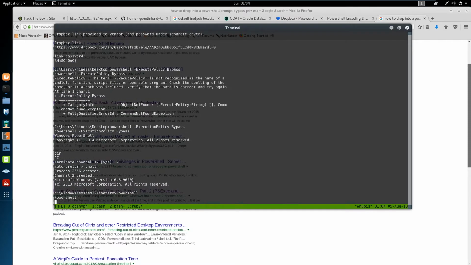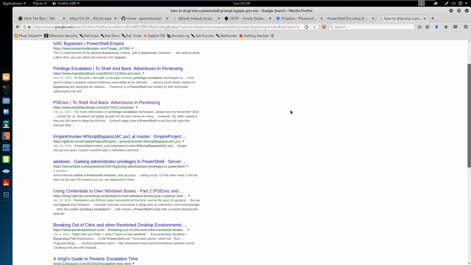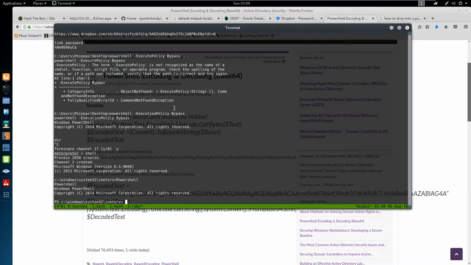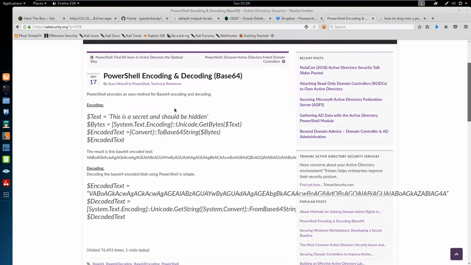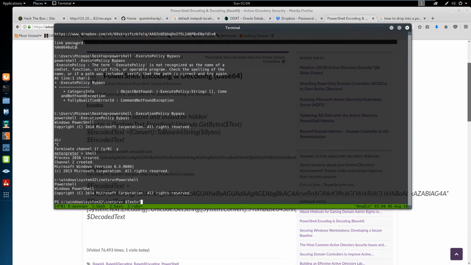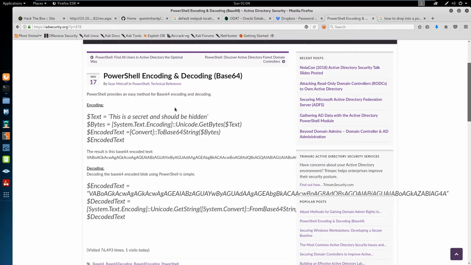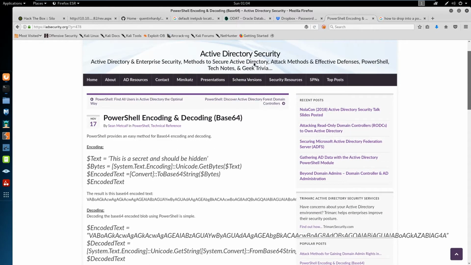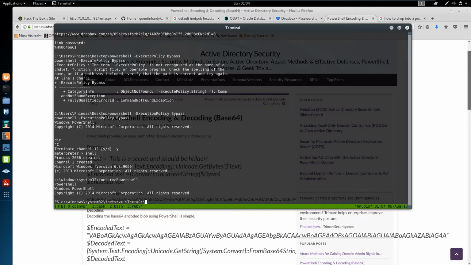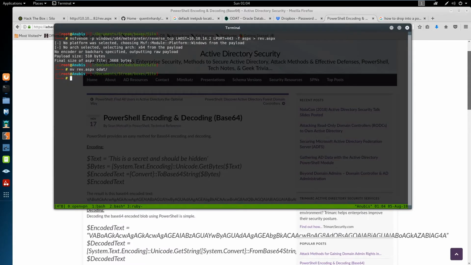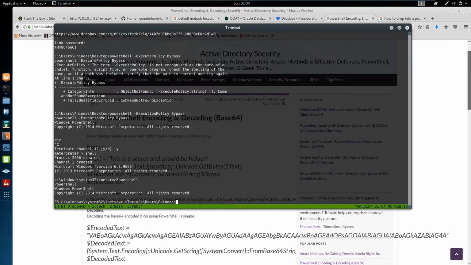Gonna do PowerShell. There we go. Okay. So we'll do text equals C:\users\Phineas\desktop\Oracle